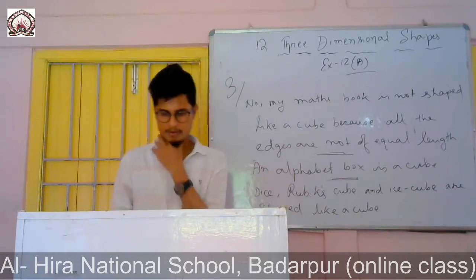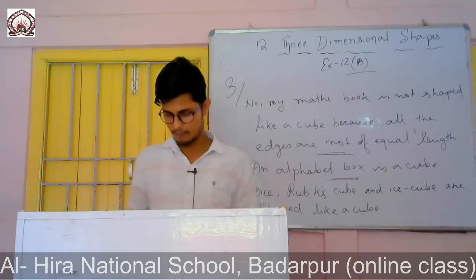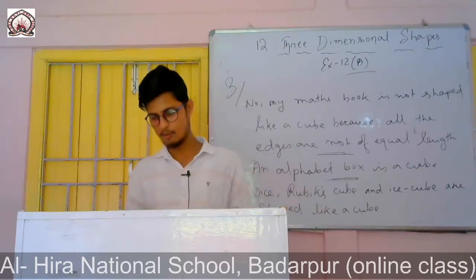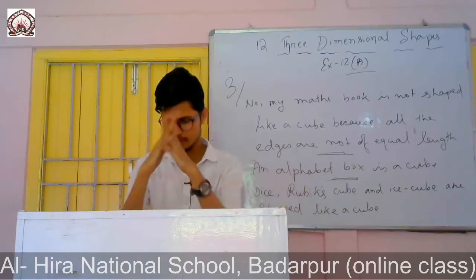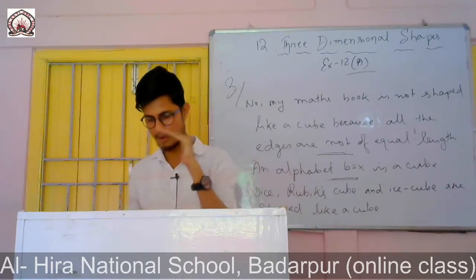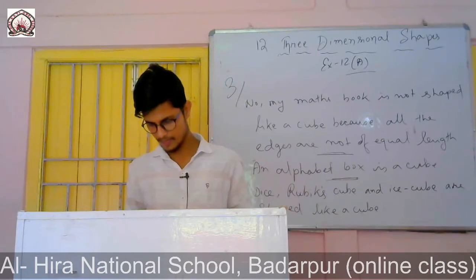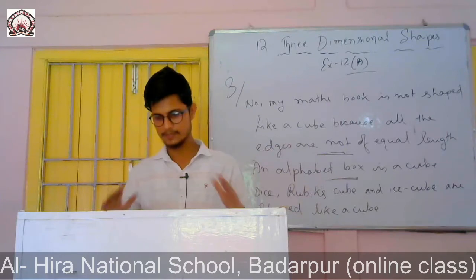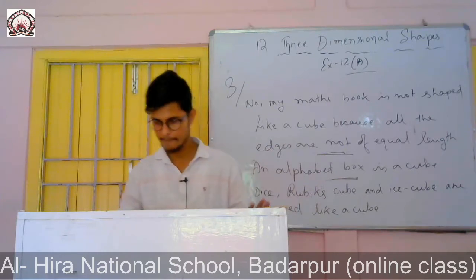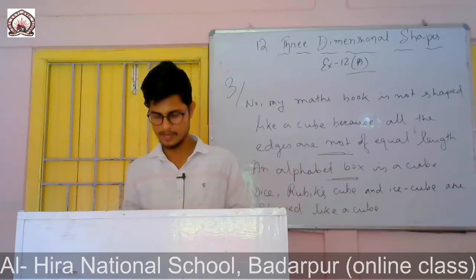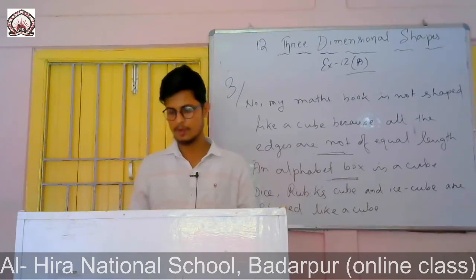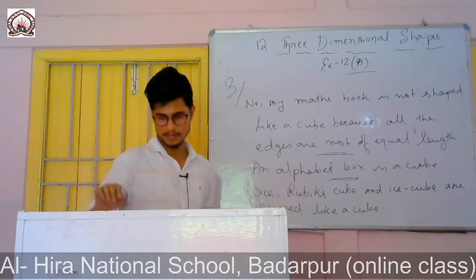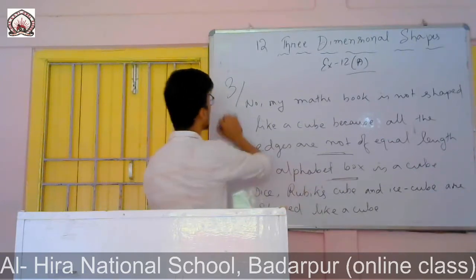Okay. So now question number 4. Match the following. So one curved surface and one plane surface. So it means one curved surface will be there and one plane surface. It will be a cone, because one curved surface is there and one plane surface also there. So one answer will be cone. 4-1.